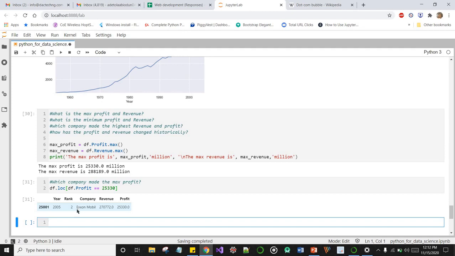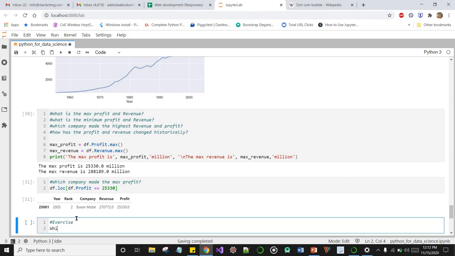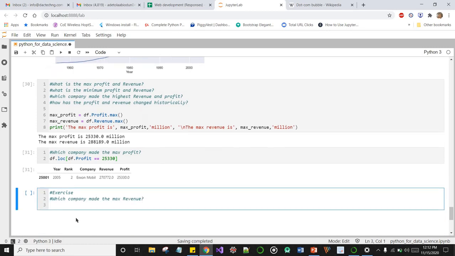Okay, and we might also want to ask ourselves, or let's do this as an exercise. You might just want to grab your notebook and do this as an exercise. Which company made the maximum revenue?